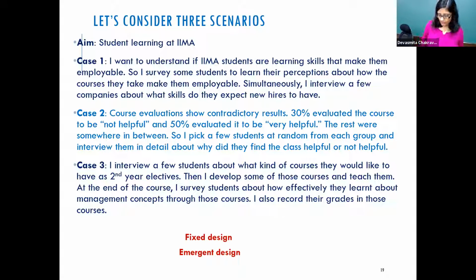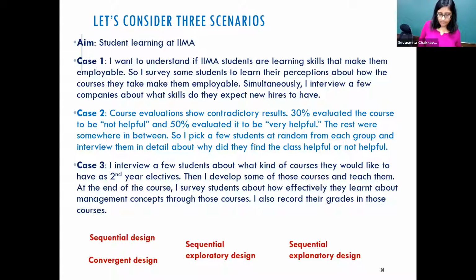Okay. So we'll move on a little bit. Don't look at the lower right-hand side signs. Let's forget about it. Let's only look at sequential design and convergent design. Just that. We don't have to look at anything else. Now, sequential design is anything that's happening in a sequence. Convergent design is anything that is happening in parallel. Based on that, case 1 and 2 and 3.